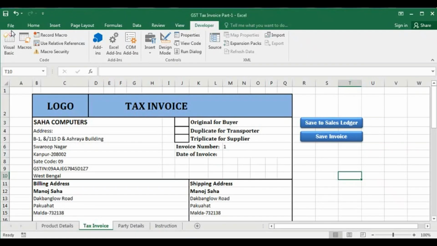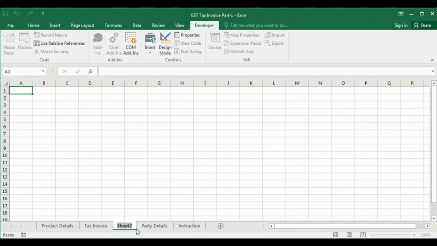So go to Excel, type here Sales Ledger, type here invoice number, date, party name, then amount.